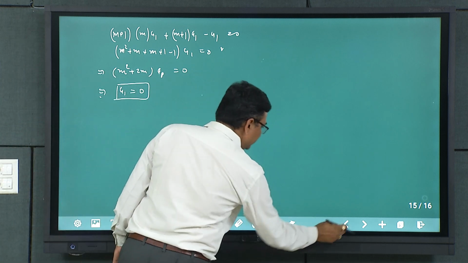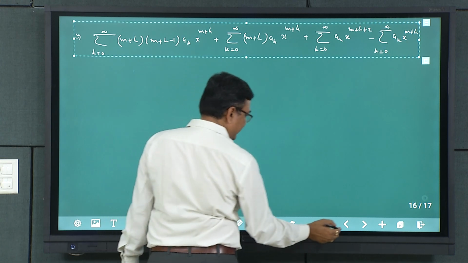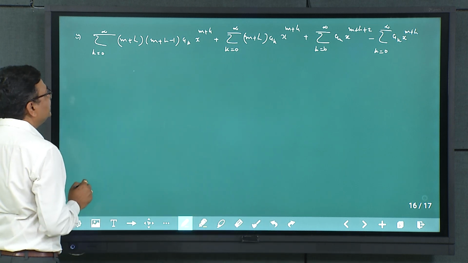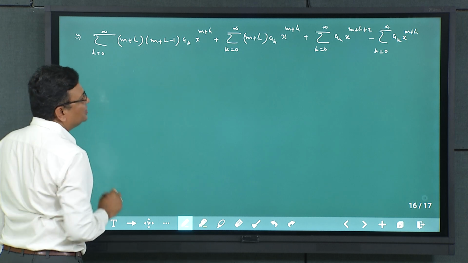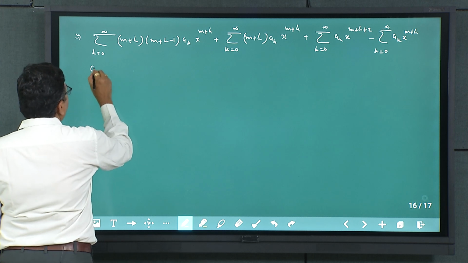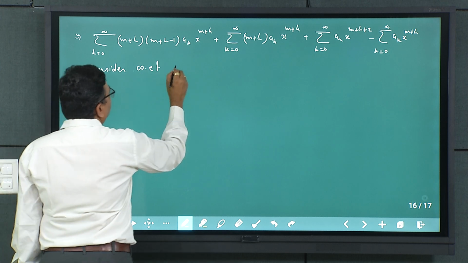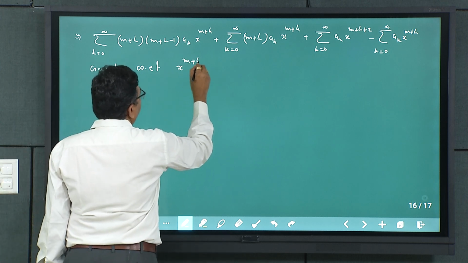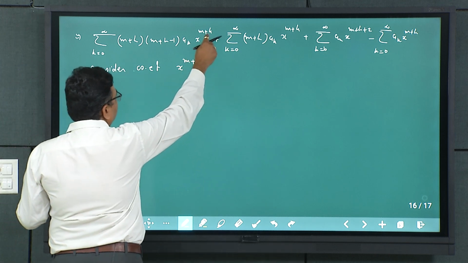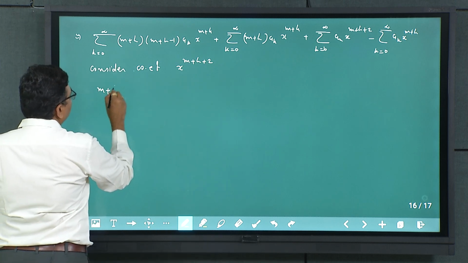Okay, now let us take this terms. આ તમને copy કરી લઈએ next માટે. So we get a1 equal to 0 and a0 is not equal to 0, m is equal to plus or minus 1. Now compare the coefficient of x raised to m plus k form. Okay, so consider coefficient of x raised to power m plus k plus 2, right. So if I want m plus k plus 2, so here k plus 2 is equal to 2, right. So m plus k plus 2,